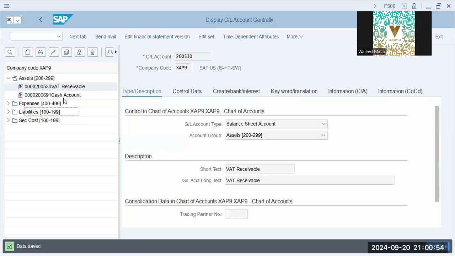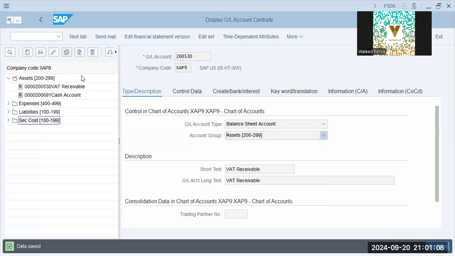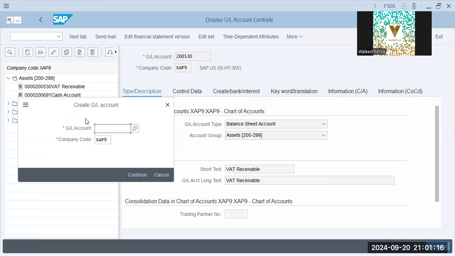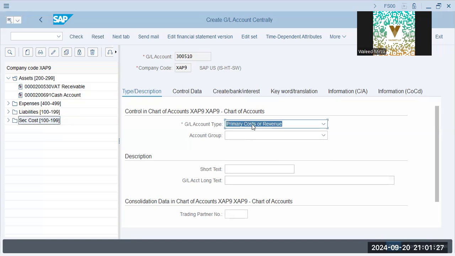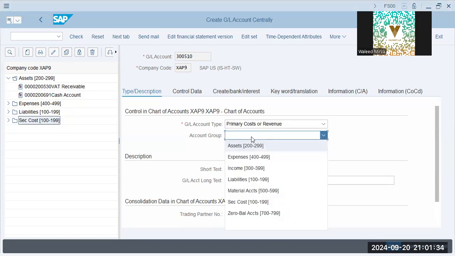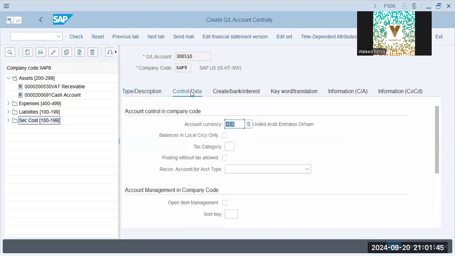Now, do we have sales? Do we have 300 income? Okay, we need to make one income. And we 300, 510, and sales, sales, control data,